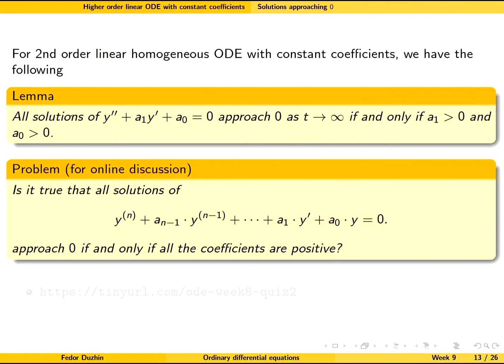But is the same true for higher order differential equations? So that all solutions approach zero when t goes to infinity if and only if all coefficients are strictly positive. And finally, here is